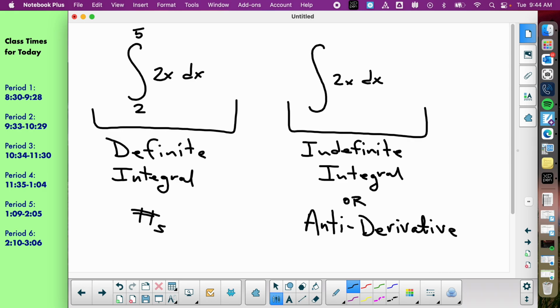The reason everybody has trouble remembering to write plus C is because there is no plus C on a definite integral. The plus C will only show up in the indefinite integrals. And that's because you're finding the area under the curve, so it doesn't really matter about the plus C portion. They stand for different things. And so today's section is going to be really easy to do. We're learning how to integrate actual equations now. But I'm trying to let you know this ahead of time because when you get to the homework,